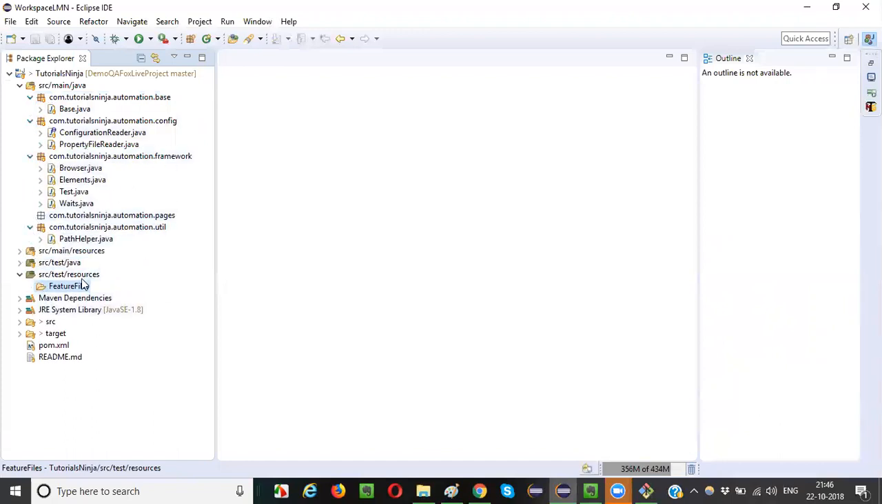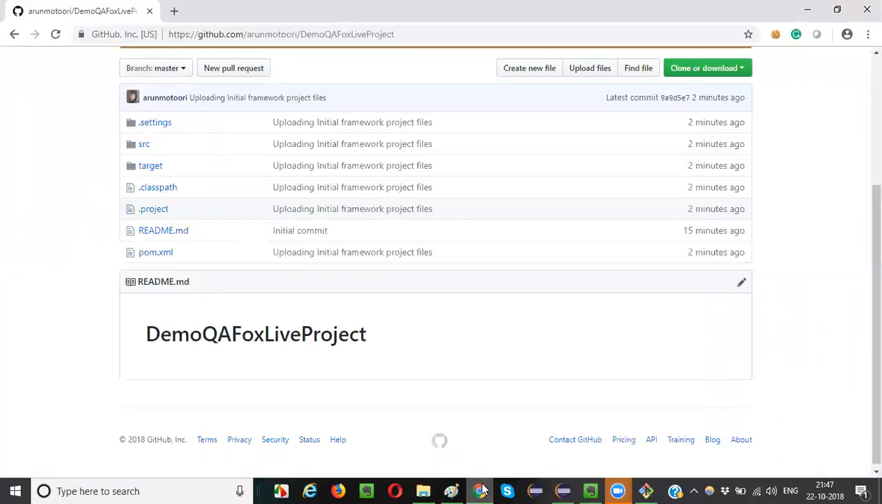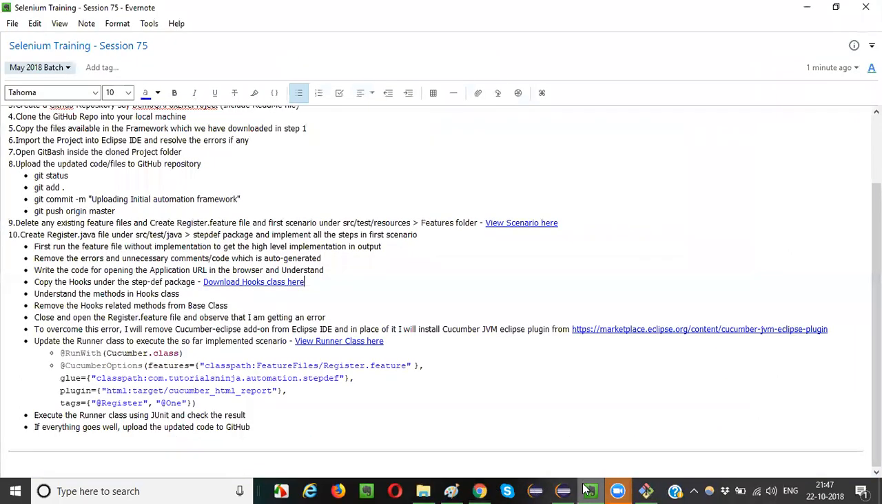So these are the existing files available while downloading the framework. We are going to modify this according to our automation needs. Here we have something known as feature files. There was a login.feature file which came by default by downloading this framework. So what I did is I simply deleted it. What I'm going to do next is